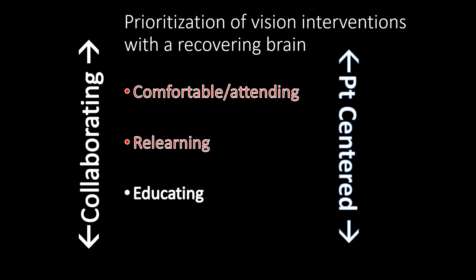Once a person is comfortable, or we get on a path of getting them comfortable, then working on relearning is possible, to help them remediate any of the visual issues that they're having. Then educating, so that they can know about their visual issues and be able to advocate for themselves. And all this whole time, being as collaborative as possible with OT, PT, speech, physiatry, optometry, ophthalmology, to help get a good care plan,